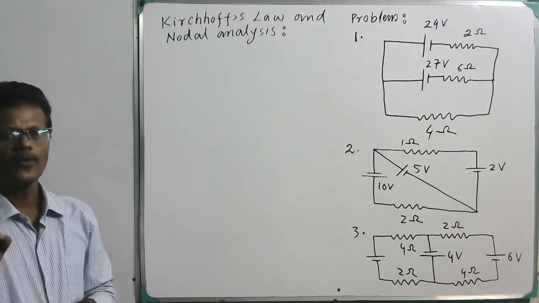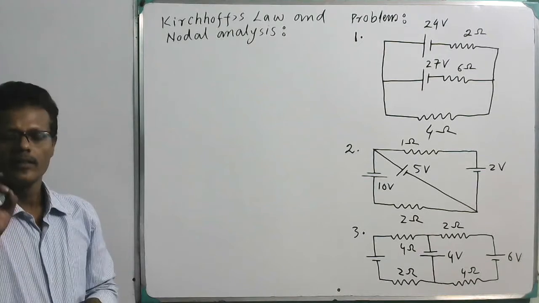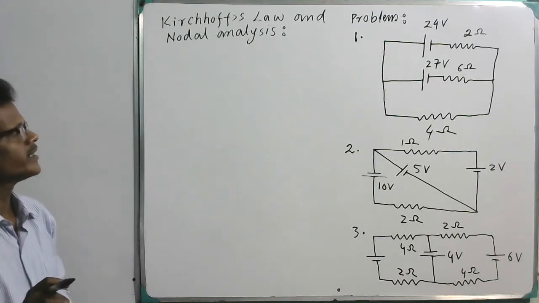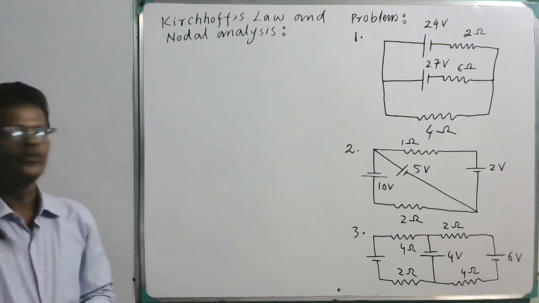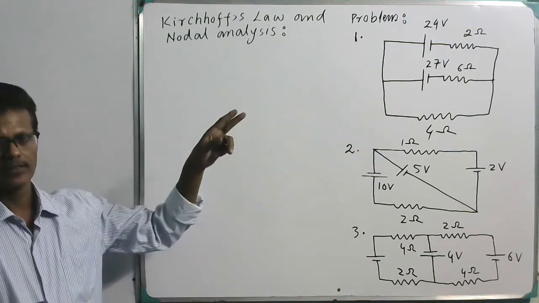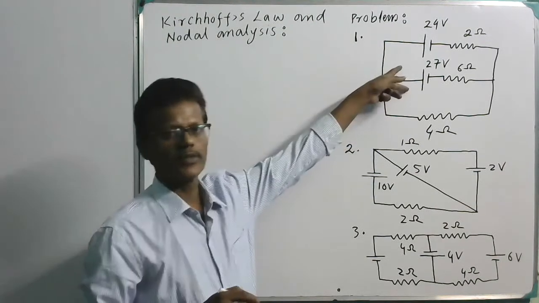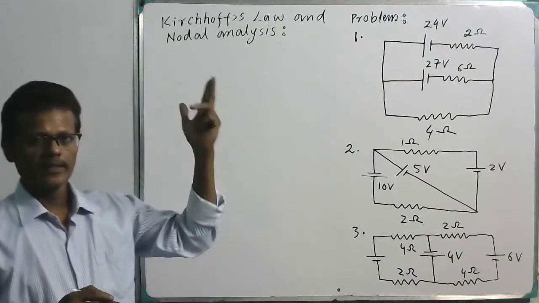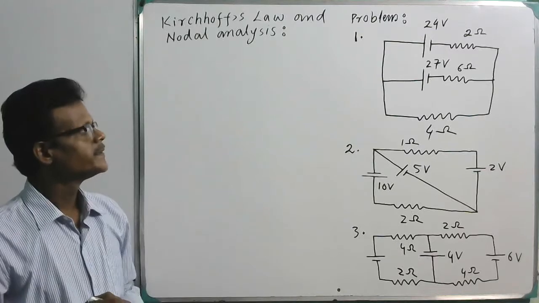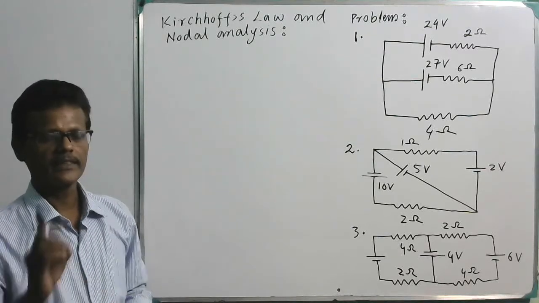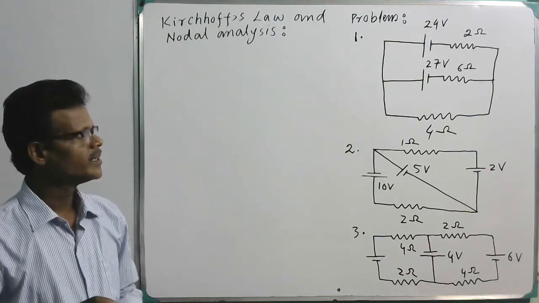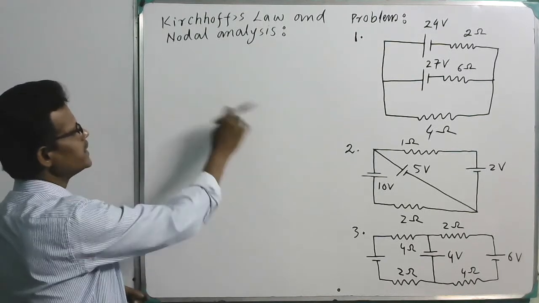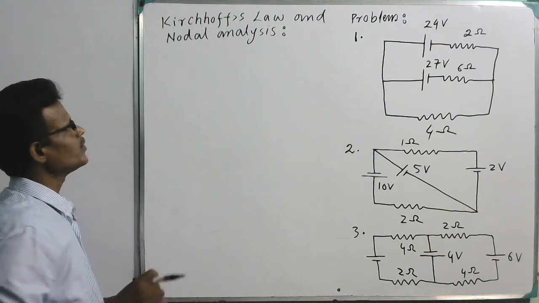Here we will employ only Kirchhoff's first law. Only the first law we will use over here. There are no loop equations. If there are two loops, you would form two loop equations as per my earlier method, but that is a time-consuming process. So we should save our time. See, what is the basis of nodal analysis?